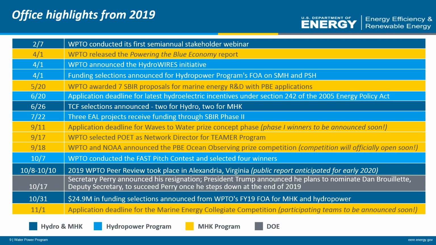We'll get into more specifics on a number of these activities during the webinar, but there are two things that I want to address that you've likely seen in the news lately, the Secretary's departure and the federal budget situation. Regarding the first, as you likely know, Energy Secretary Rick Perry announced his resignation just 2 weeks ago. He hasn't shared yet a specific date, but plans to step down at the end of the year at some point. The President has already announced that he intends to nominate Deputy Secretary Dan Brouillette to succeed Secretary Perry. The Deputy Secretary has been at DOE since early in the administration and has a wealth of experience in energy and in Washington. So we have every reason to believe this will be a smooth transition.